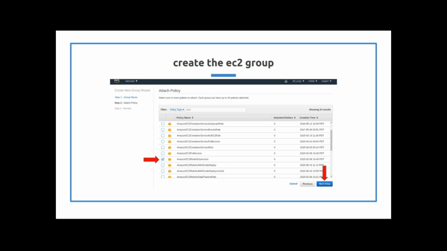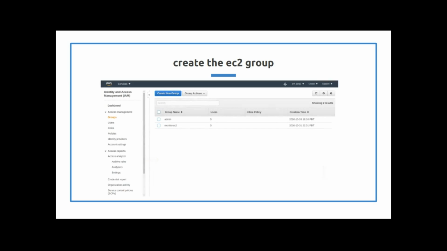Then you click Next Step, and you see right there, your group has been created. So now we have an admin group and a monitor EC2 group. Now I'm going to jump into the demo and make that EC2 monitor group live.